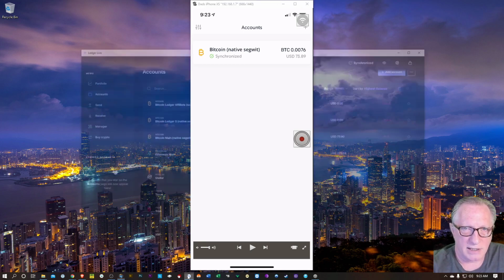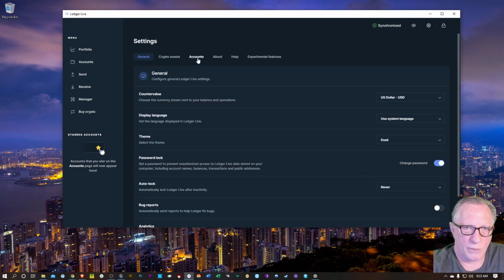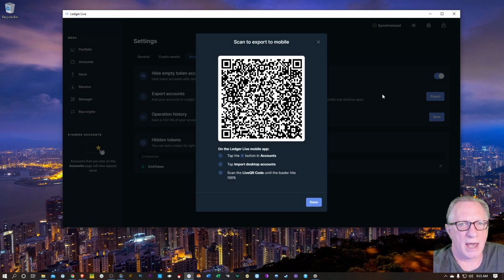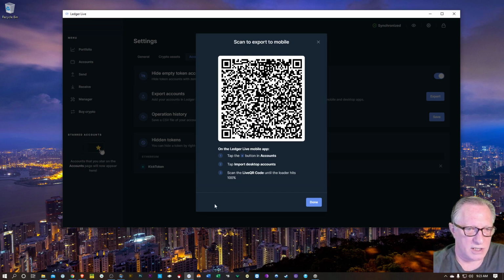So let's go back to Ledger Live. I'll get this guy out of the way. Let's go up to the settings, and then we'll go over to accounts, and there's a command here that says export accounts. I can hit export, and it's going to give me a dynamic QR code. So I'll just take my phone